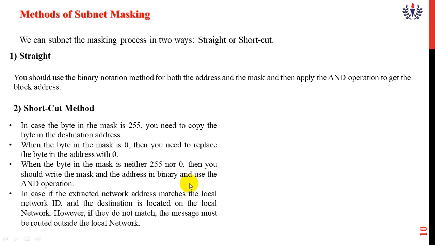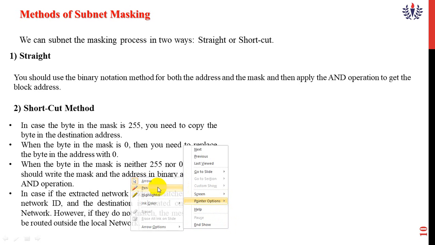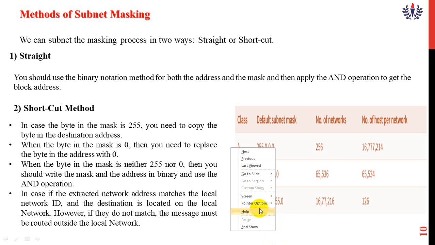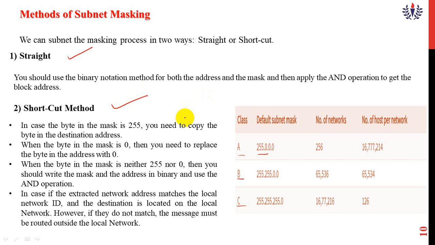If the extracted network address matches the local network ID, the destination is located on the local network. However, if they do not match, the message must be routed outside the local network. You see this diagram here. The first step is classifying which class it is, class A, class B, or class C. Then we have to identify the number of networks and the number of hosts per network, by using these two methods: the straight method and the shortcut method, we can